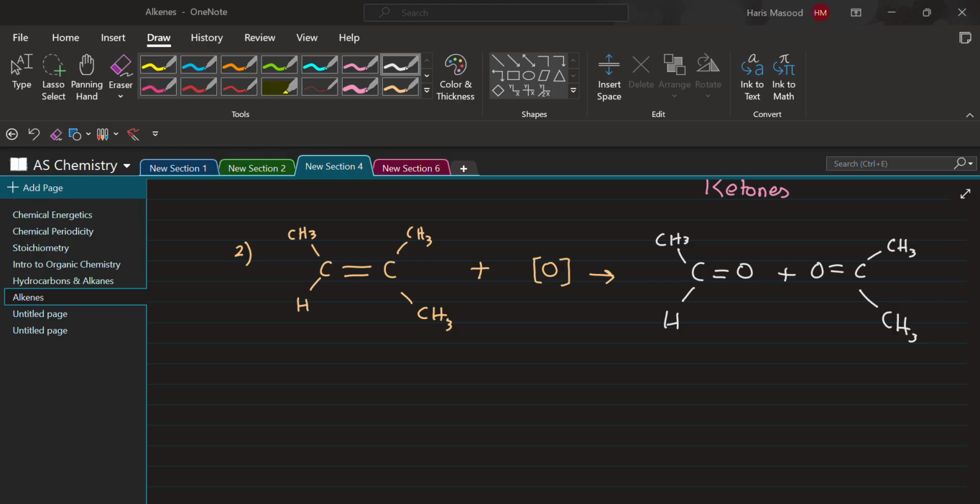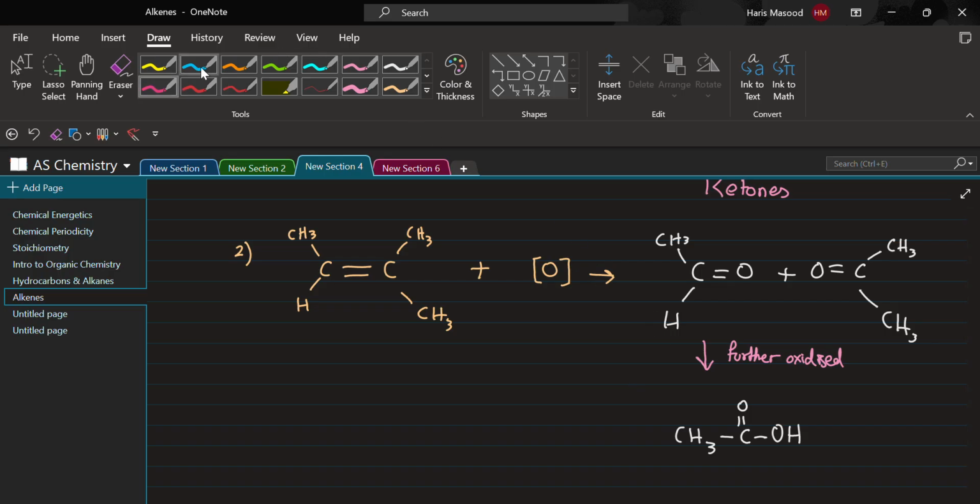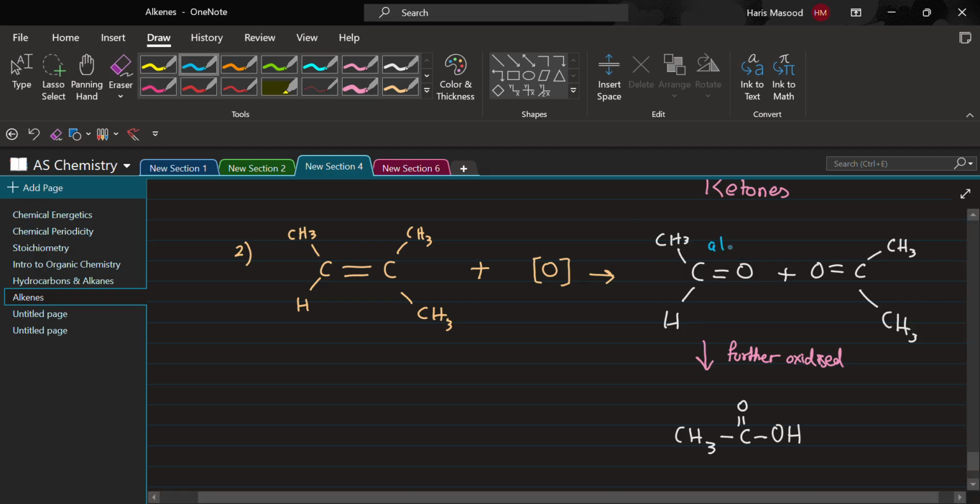So what usually happens here, that this is further oxidized and it becomes a carboxylic acid. So it is like CH3 C double bond O, and this becomes the OH, which means O is added here. So aldehyde got oxidized